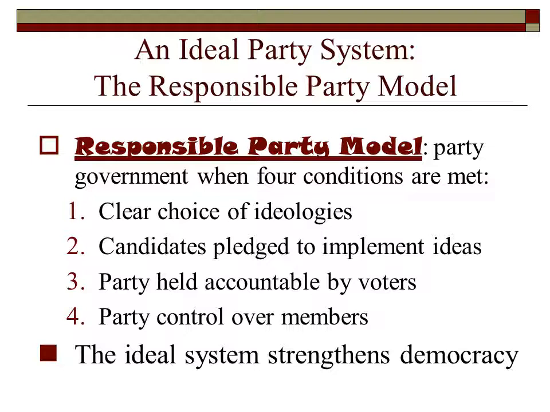And number 4, the party has control over the members. You have a member who strays away, a candidate who doesn't do what they're supposed to do, and the party comes and whips them back into shape, brings them back in line, and has some control over what the people who say they're branded with a certain party are going to do and not do. Now, when you have these 4 together, this is actually an ideal party system, and it actually strengthens democracy. Now, I'm not saying that this happens all the time. I'm saying this is the model, this is what we strive for, and this is really what we're looking for in terms of a healthy party system, not only in the United States, but anywhere where parties exist.